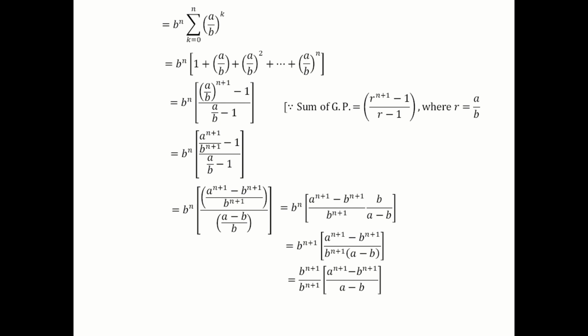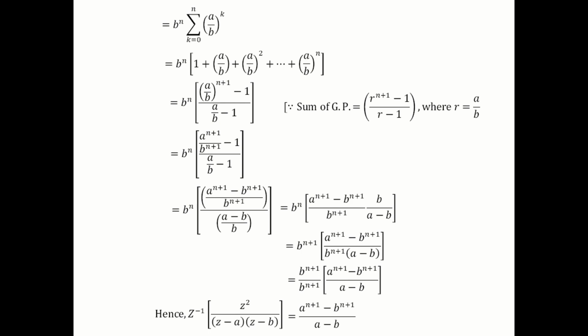So we are taking b power n plus 1 in the denominator outside, b power n plus 1 by b power n plus 1, times a power n plus 1 minus b power n plus 1 by a minus b. So b power n plus 1 and b power n plus 1 in the denominator get cancelled. So you will get a power n plus 1 minus b power n plus 1 by a minus b,